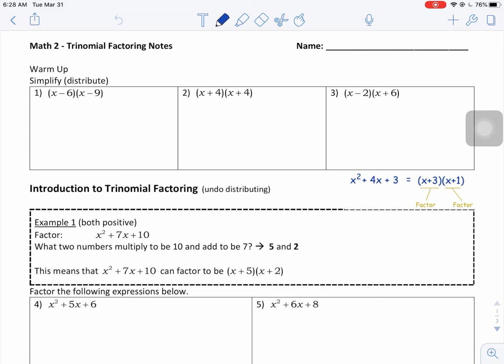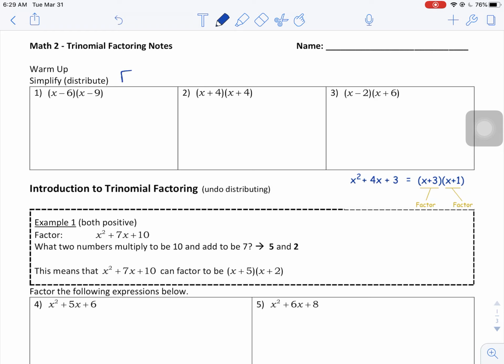Today's notes are about basic trinomial factoring. Pause the video and try the warm-up. On numbers 1, 2, and 3, you could use FOIL or the box method to simplify or multiply out the expressions. So I'll do